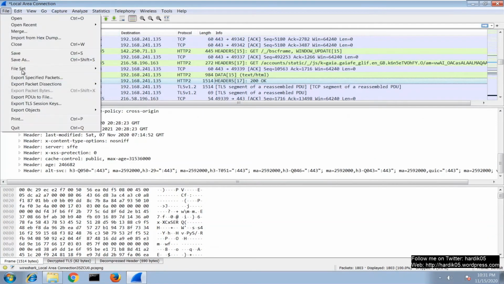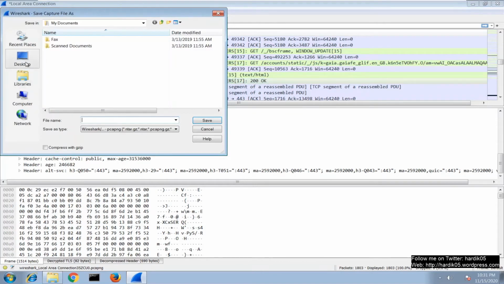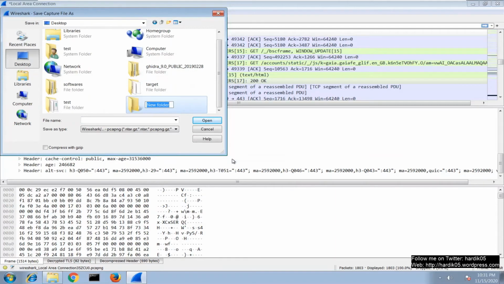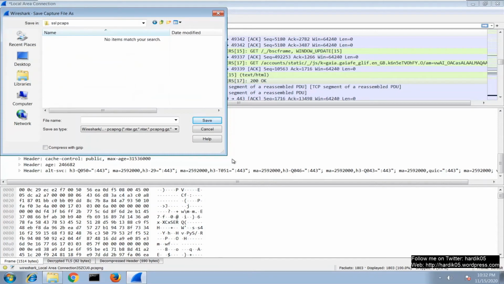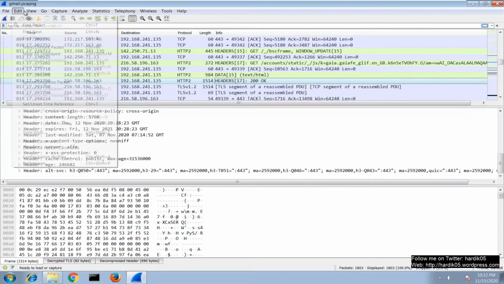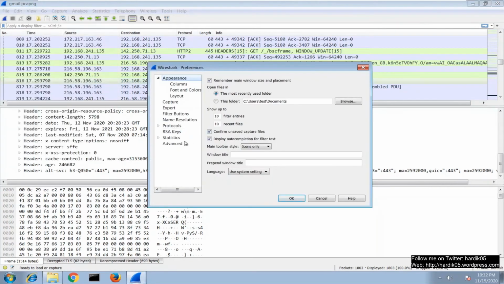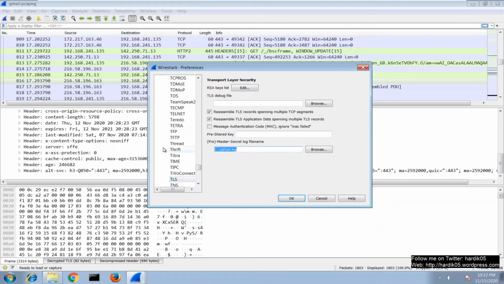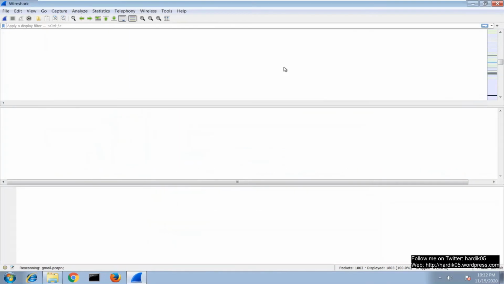Right now you are able to see the decrypted data over here because we have already given the key path over here. But when you save it, say I'm just going to save it on the desktop, and let's say SSL PCAPs is Gmail. And what I'm going to do here is that I'm going to remove this file just to demo that it doesn't store decrypted traffic over here. There is no way as of now.